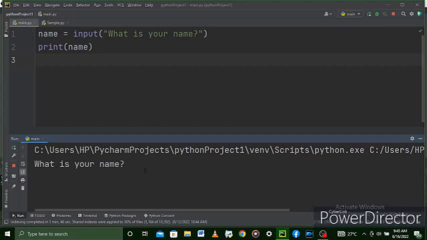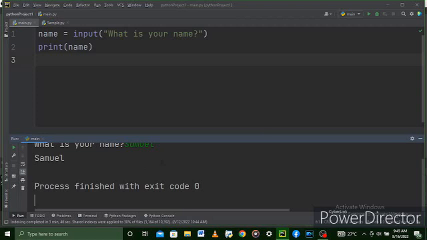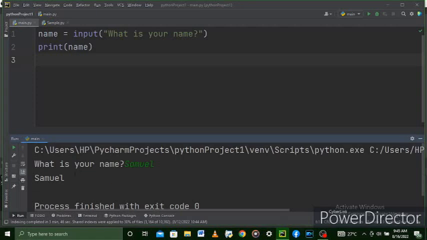Let's say Samuel. Here you have Samuel also displayed on the screen, but if you notice, the Samuel immediately started after the question mark. To correct that, what you have to do is to come here and give a space. This space will give a space in between whatever name you're going to type in here and the question mark. So when you run that again,